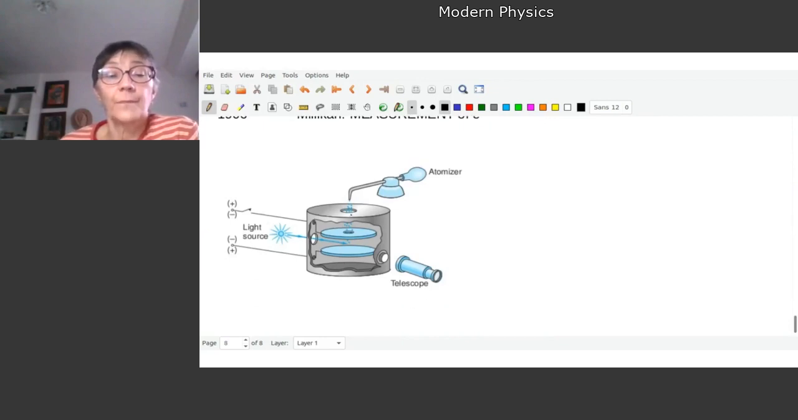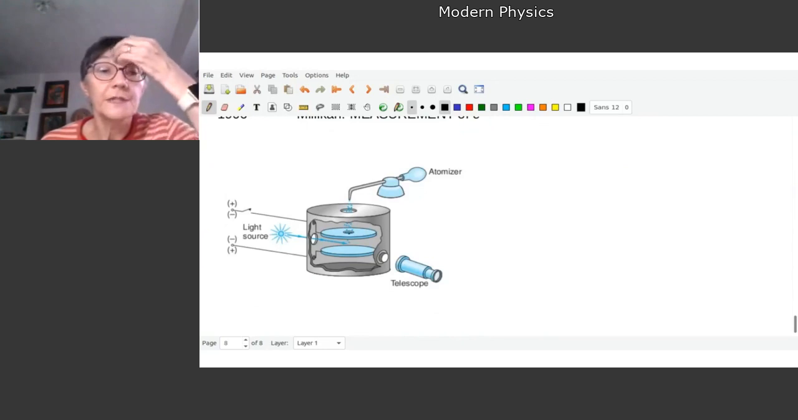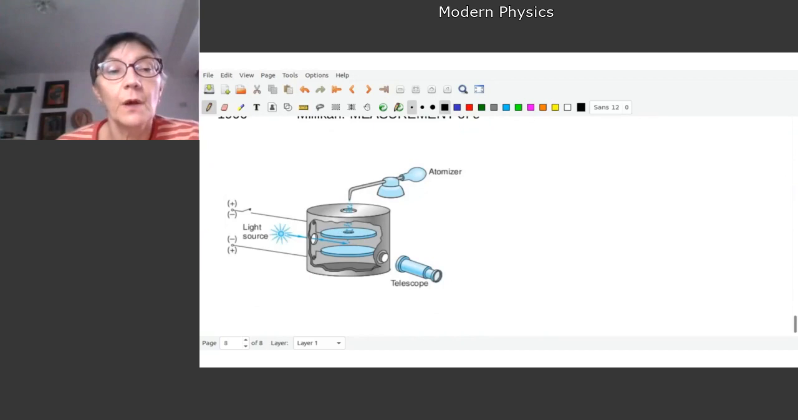You have some closed space, and you have two plates. Between these two plates, you can put some electric field. You have two electrodes actually, and you can vaporize some oil through it, and so the oil, as it falls,